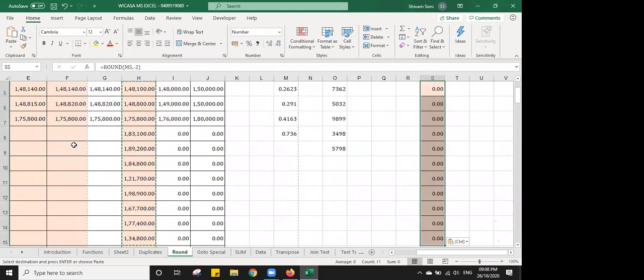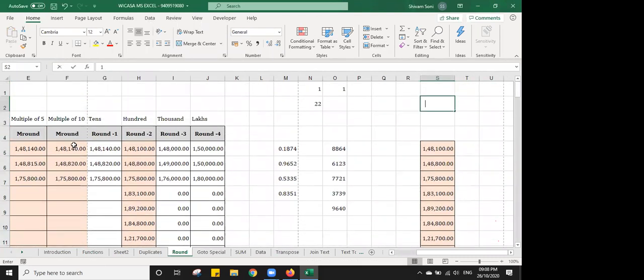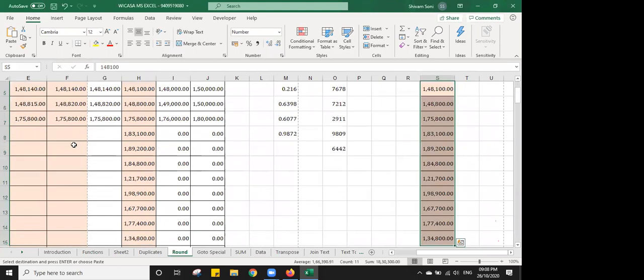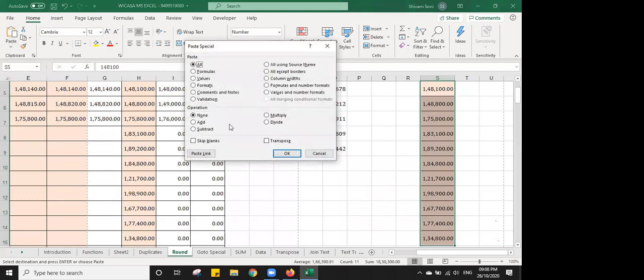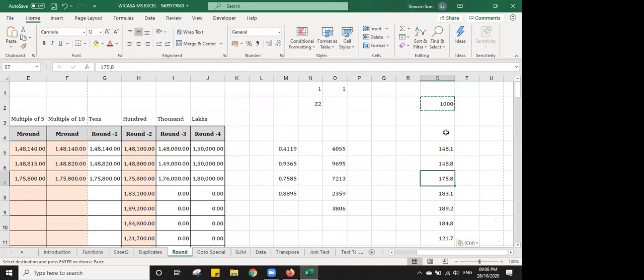What we can do is write 1000 in a cell, copy it, select your data, go to Paste Special and choose Divide. I click OK, and then you can see that my data has been divided by 1000. It is 148.1000.